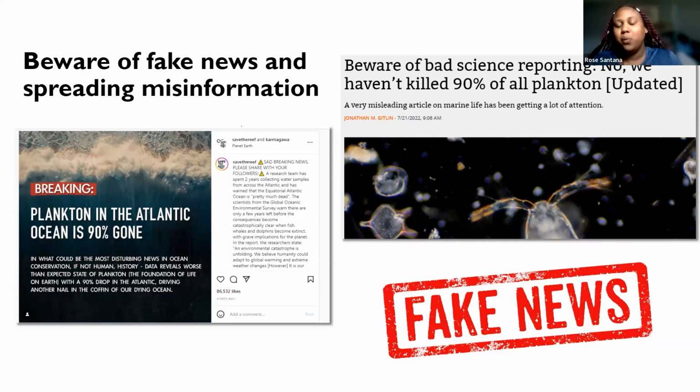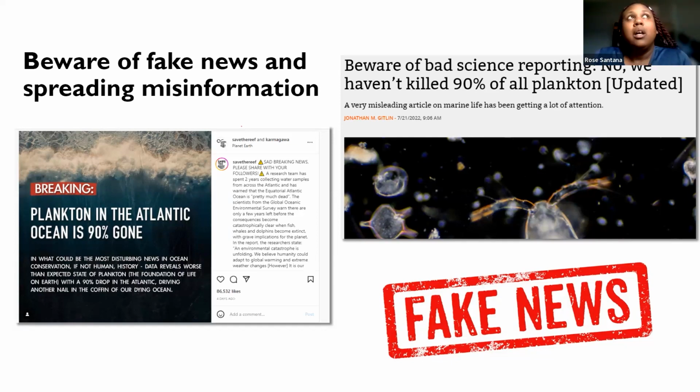And then when we actually read the article, it turned out that the article was completely bogus. I don't necessarily blame the people who were sharing it, because they might just not have really understood what was actually being said. For example, there was a whole bunch of discrepancies within the article itself,